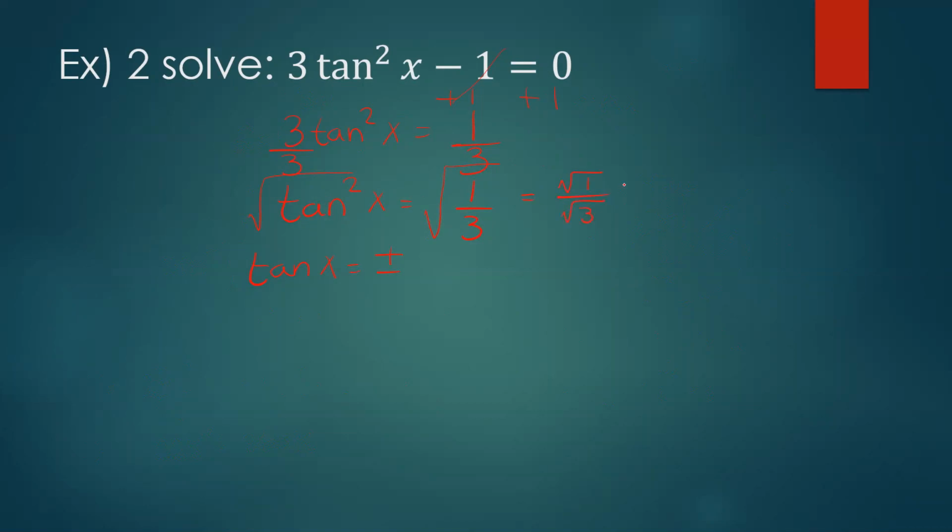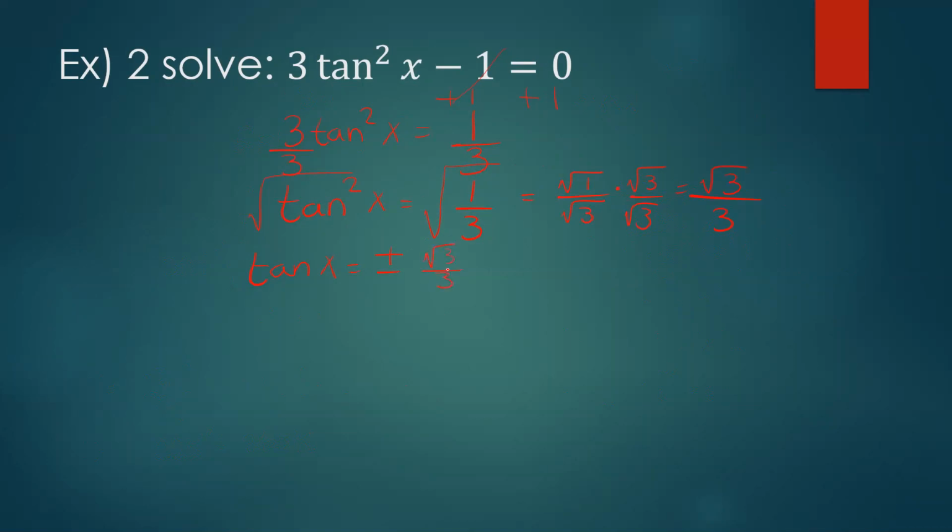You should rationalize the denominator, so you would multiply top and bottom by radical 3. So radical 1 times radical 3 is radical 3, divided by radical 3 times radical 3 is 3. So this is like saying tan of x equals plus or minus